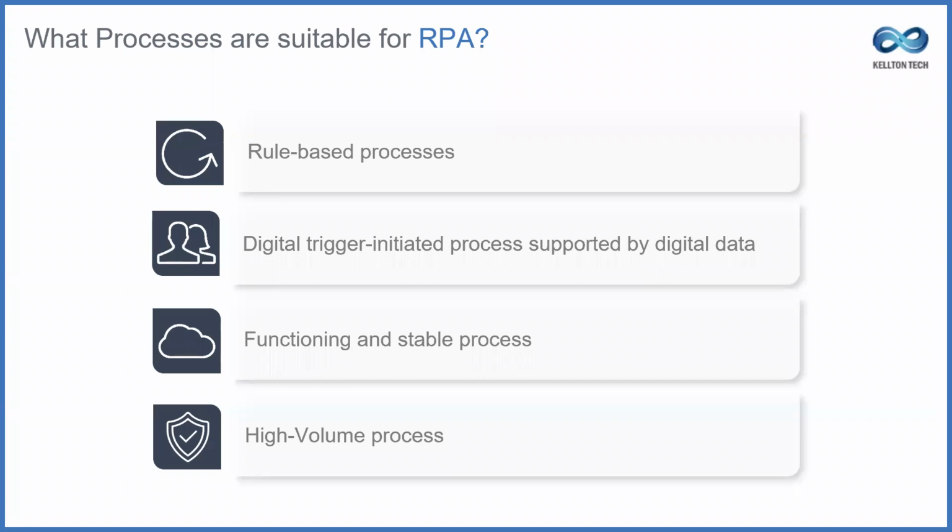RPA is ideal for automating computer activities that involve a lot of manual behavior by humans, if they are reliable and rule-based. Examples include searching a database or spreadsheet for specific details, copying and pasting data, creating records in an ERP system, and formatting reports. Automating such activities frees up a significant amount of time for employees.